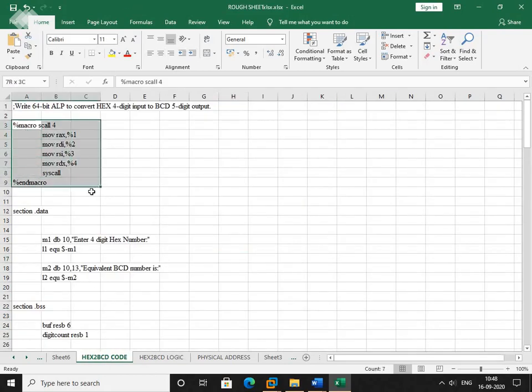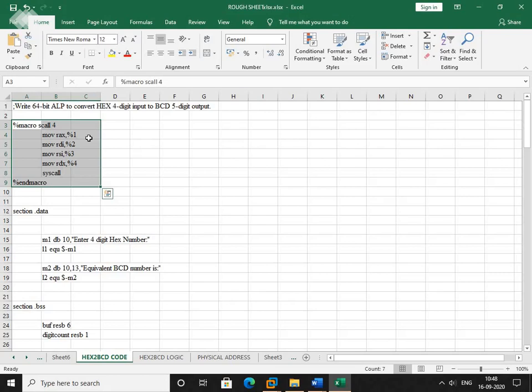Here I created a macro of 4 parameters whose name is scall, right? So the first parameter, I am passing it into array_x. This first parameter is the function number either for syswrite or sysread. Second parameter, I am passing it into RDI. So this will be the file descriptor for either standard input device or standard output device.